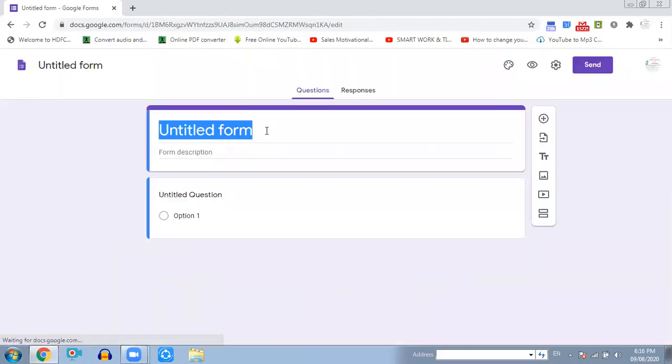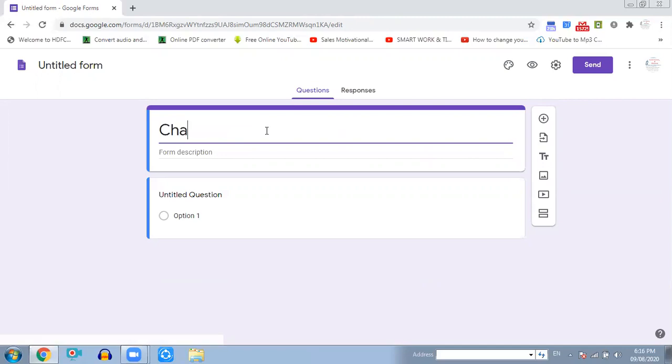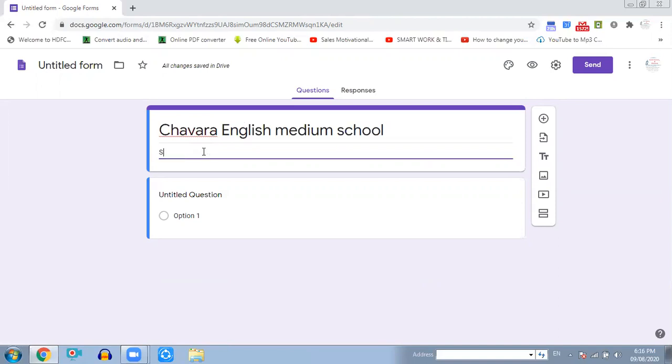Here you can enter the school title first. Here I have typed the school name, then the description like subject, class, and date, time you can enter here.